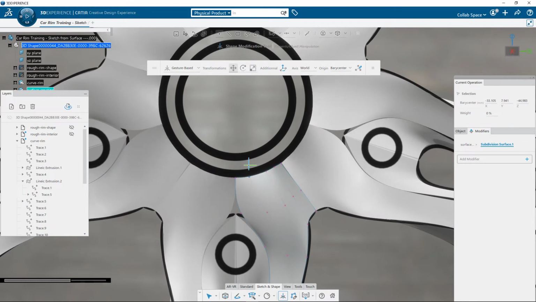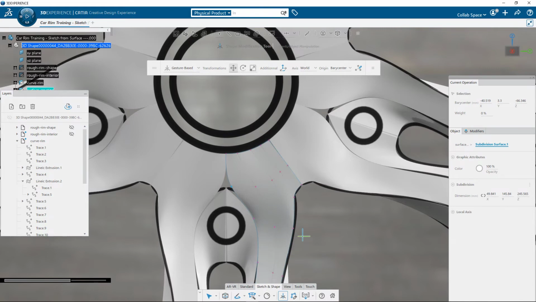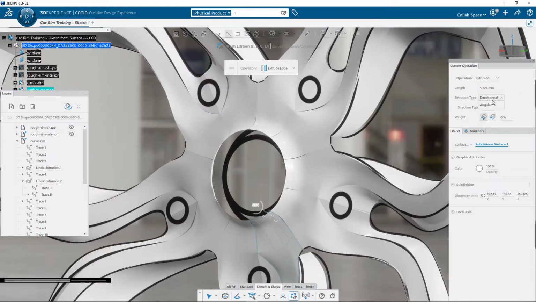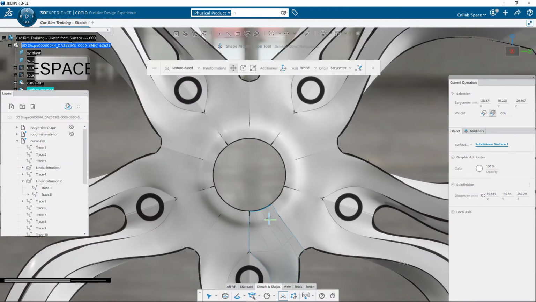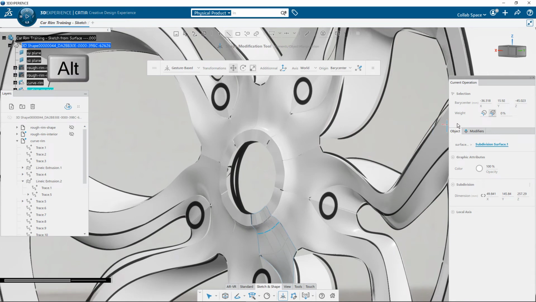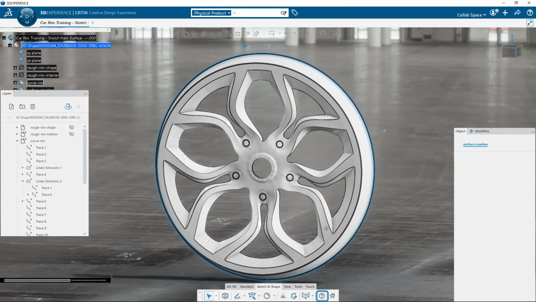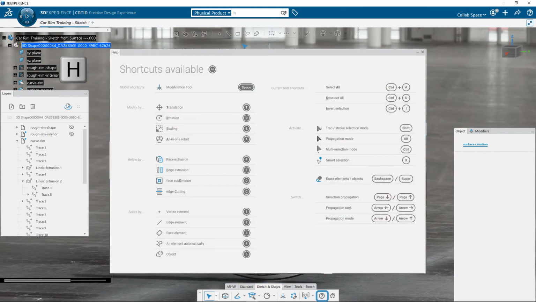You noticed in this training that I constantly switch between Transform and Mesh Refine command from the action bar. It takes a lot of time, so it is also possible to use some keyboard shortcut, for example the space key to enter in transformation mode. Try to use these shortcuts to accelerate your workflow. All the shortcuts are available in the shortcut dialog located in the action bar or under the H shortcut.